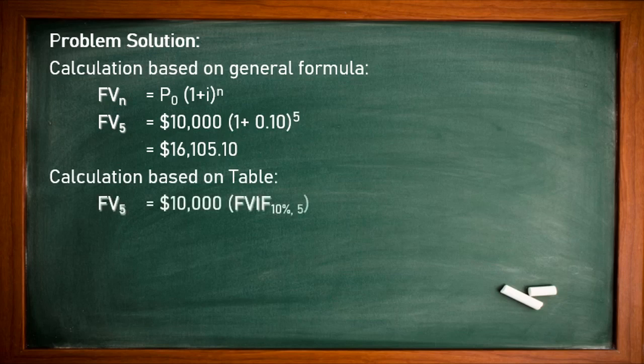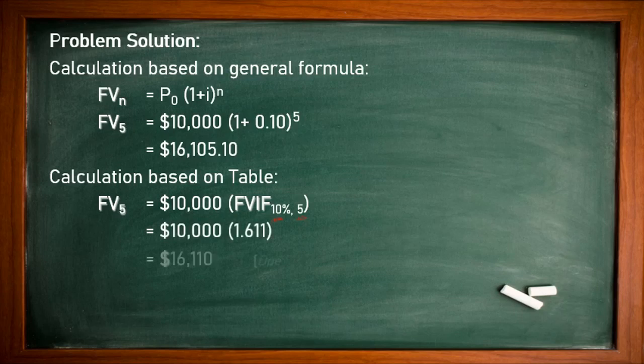Now the calculation based on the table. Let us see if we use the table. Future value is equal to 10,000. We will use the table directly at the end of the book. We will find this table: future value investment factor for 10% and 5 years. Don't forget the 10% and 5 years. So you have to go for 10% and 5 years. Then we will get the value